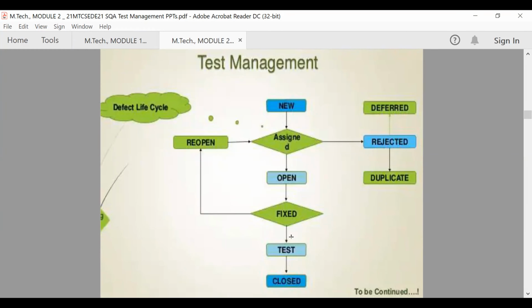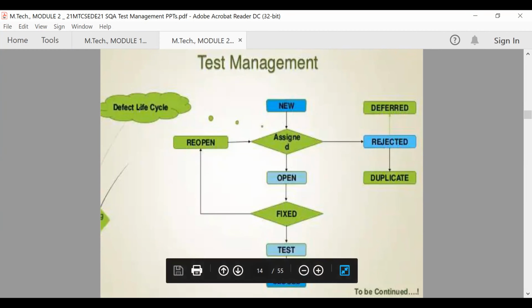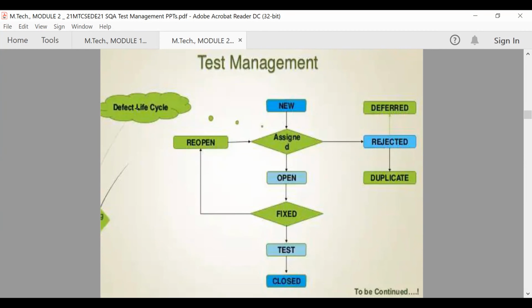Then whatever errors and bugs are found in the software development should be fixed and reworked. Again, the retesting will be done. Then it will be closed. So if any error is found in your software during the defect life cycle, the defect has to be assigned to the respective programmer. They will try to rectify, modify, and upgrade the software content so that the errors found during testing are eliminated. Once eliminated, it will go for retesting, and if there are no errors, it will be released for the end users.